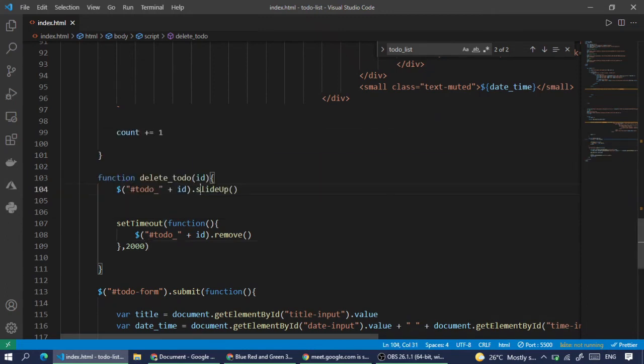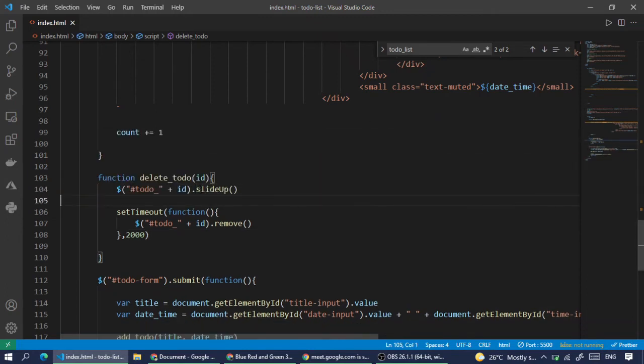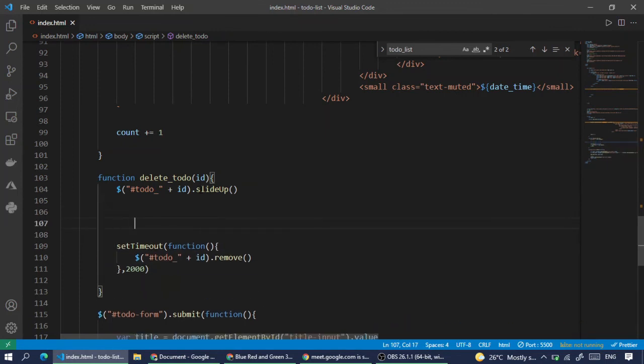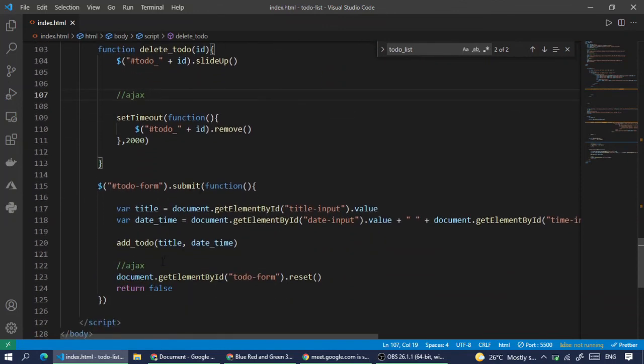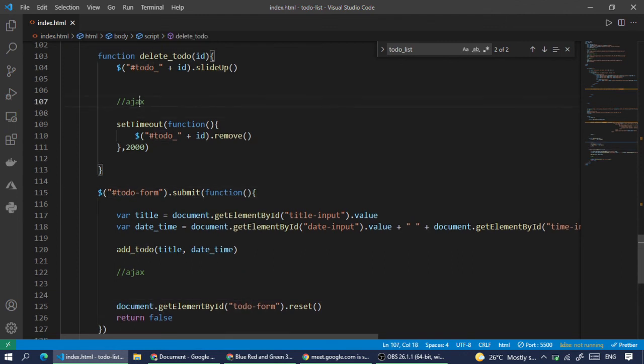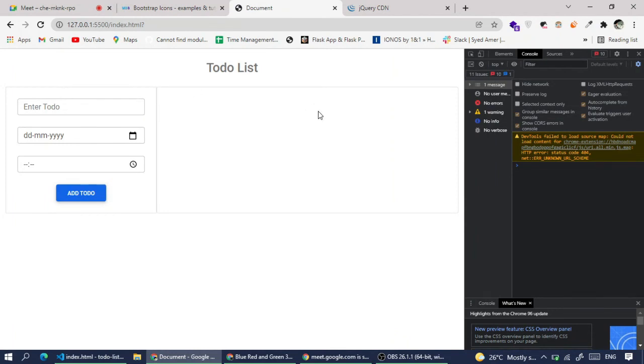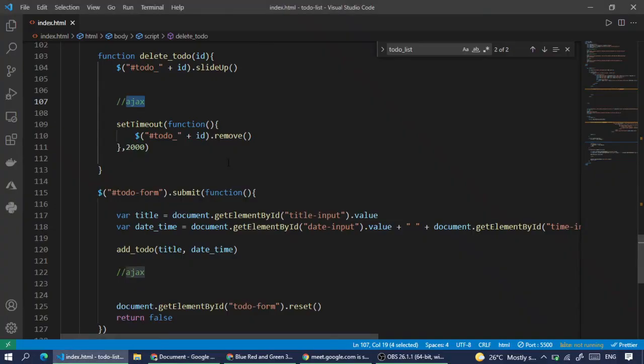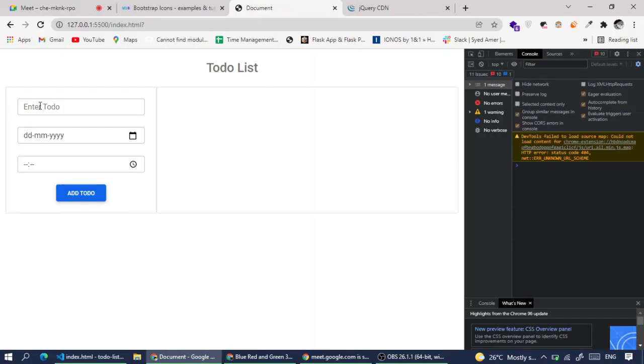So with this now we have got the function where we are adding and deleting. And here I'm going to write my Ajax function, which will also delete it from the database. So when we submit the form, it is adding to the database, and when we are deleting also, it's removing from the database, right? And there is another edit icon. So if you click on it, edit icon, it should show the form again. If we submit, it should.